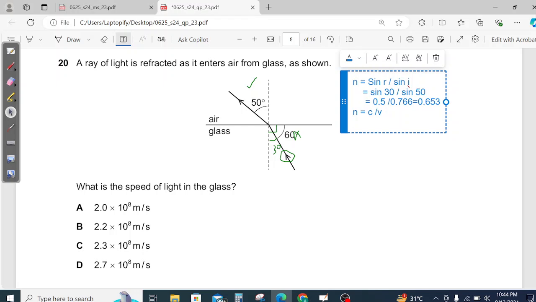We have already measured 0.653 is equal to speed of light, 3 into 10 raised to the power 8, divided by v. And you have to move this v to the left side, then you will get v is equal to 3 into 10 to the power 8 divided by